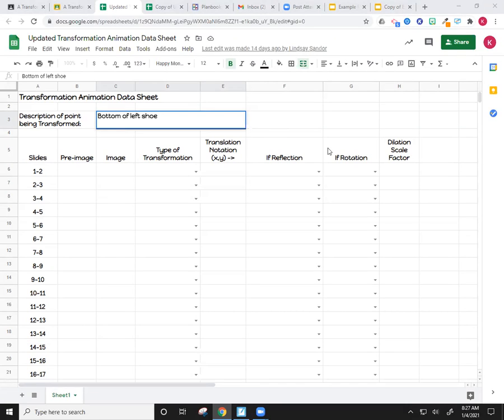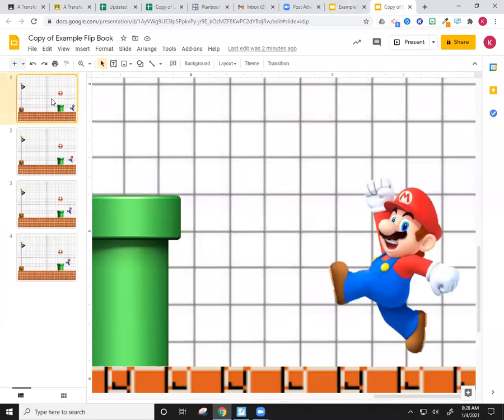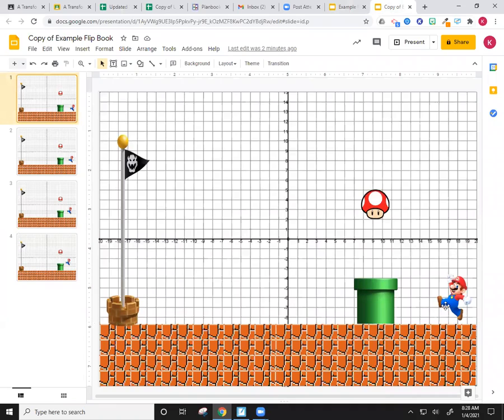Okay. So I'm going to follow the bottom of his left shoe. So now from slides 1 to 2, I need to know, where did he start? Okay, so I'm going to go back here. I'm going to go back to slide 1. I'm going to need to zoom out so I can see. So his shoe was at